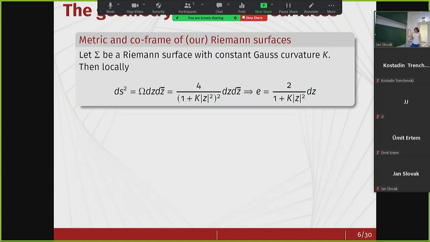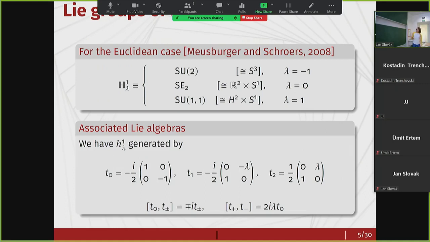So here, as I said, something that we have is that topologically, what we have at the end is going to be a Riemann surface times S1, and precisely we want to build up U1 bundles over Riemann surfaces. And all the time when I mention Riemann surfaces, we are going to talk just about three. The three main players of the whole talk will be H2, R2, and S2, okay? And we will see that this lambda